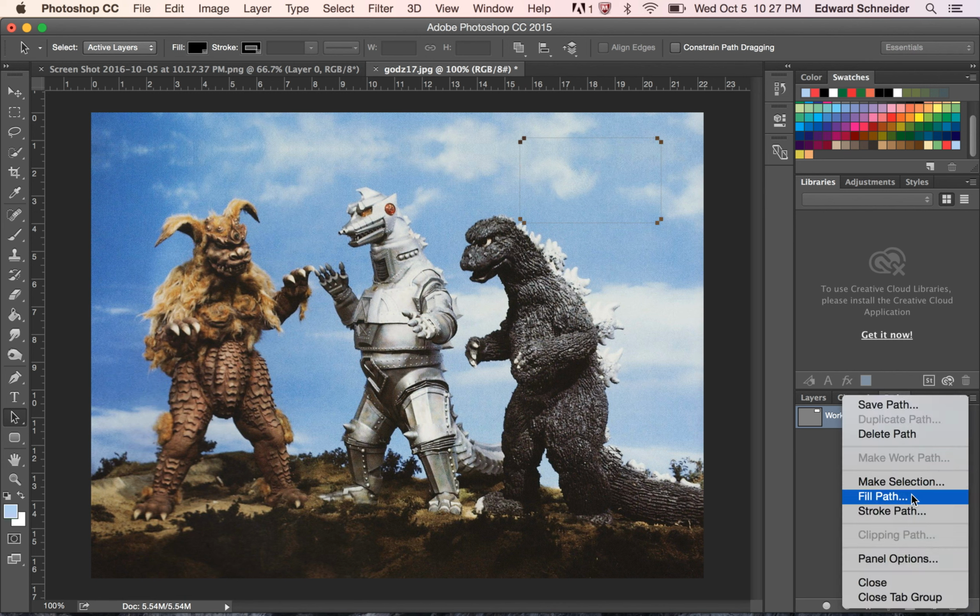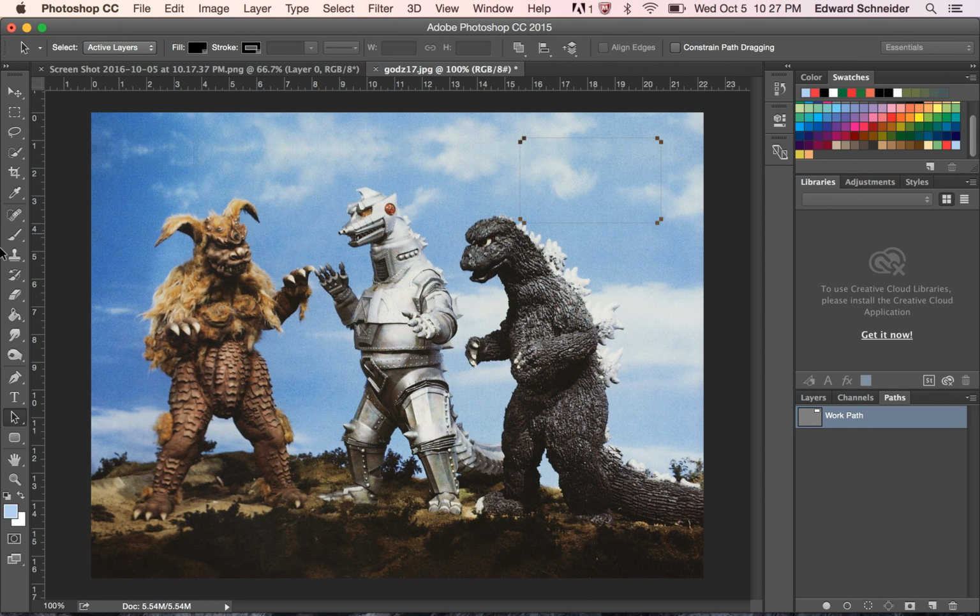I can fill the path, or the really interesting one is I can stroke the path. When you stroke the path, it takes any tool in its current settings and drags it along the outside. So, I'm doing Godzilla, there's a lot of fire and excitement, so maybe what I might want to do is